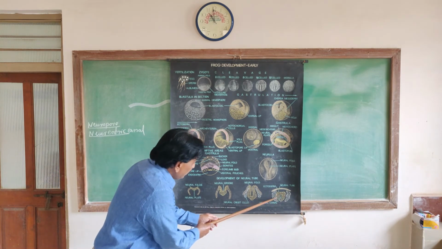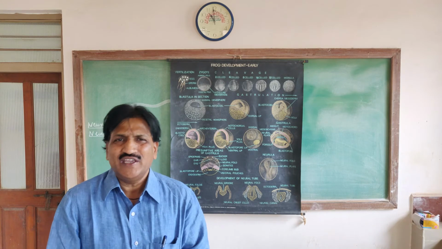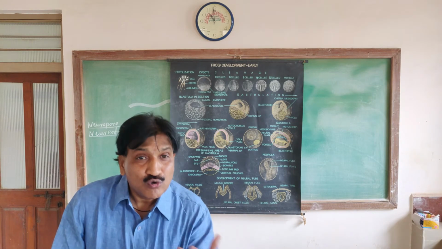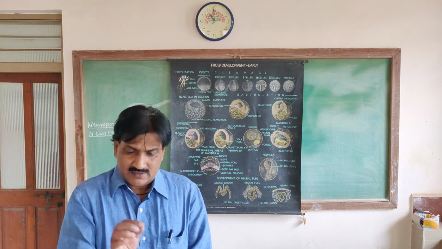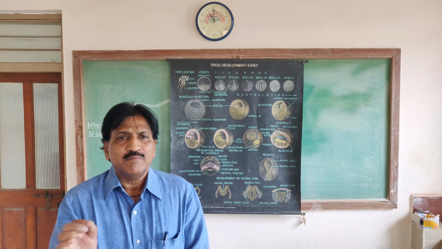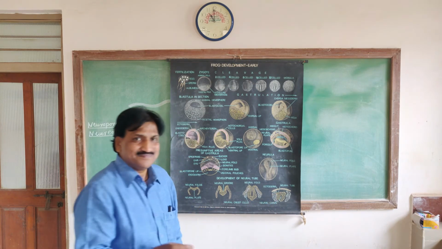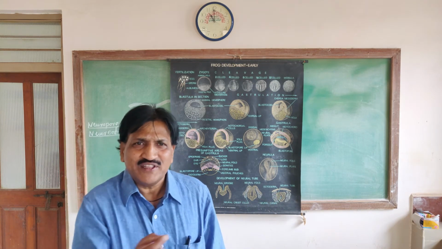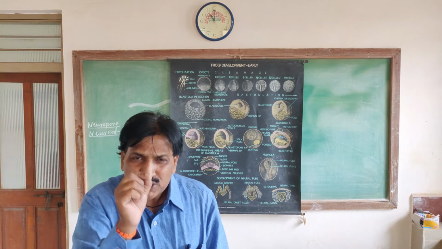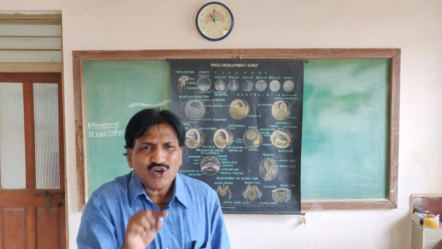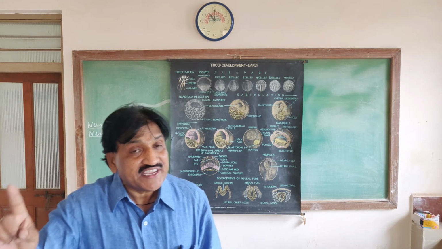This neural tube has a canal that is called the neural canal. The cavity of the neural tube is called neurocele or neural canal. My dear friend, there is a communication between the archenteron and the neural canal, through a short passage, and that passage is called the neuroenteric canal.